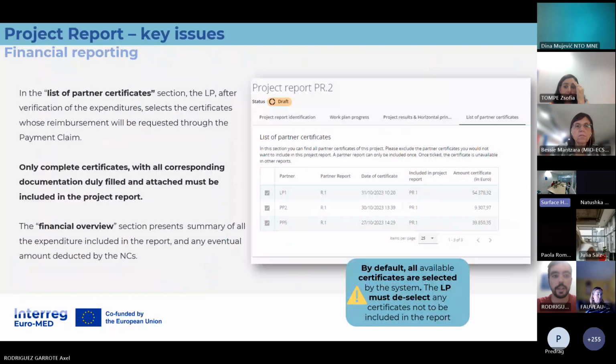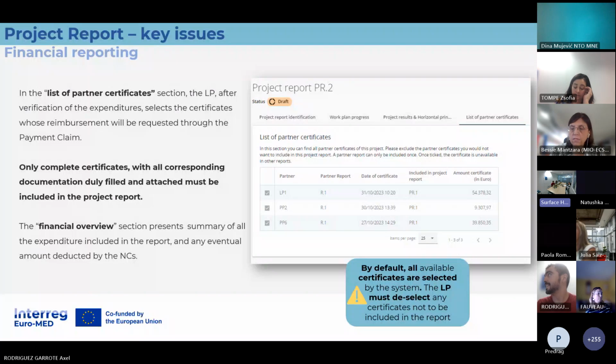So another key issue, the section of list of partner certificates. This is the section where the lead partner can decide which certificates will be included in this project report. Please pay attention to it because the system selects all the submitted certificates automatically.